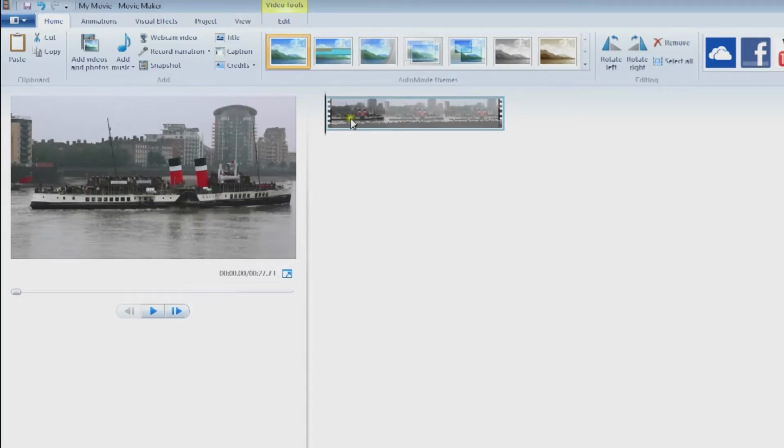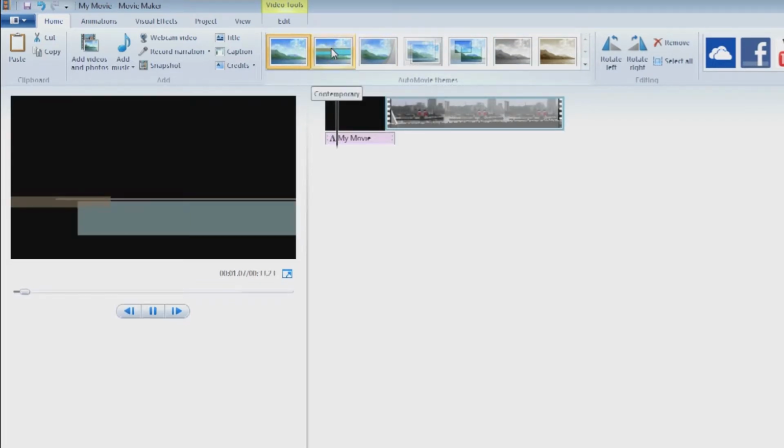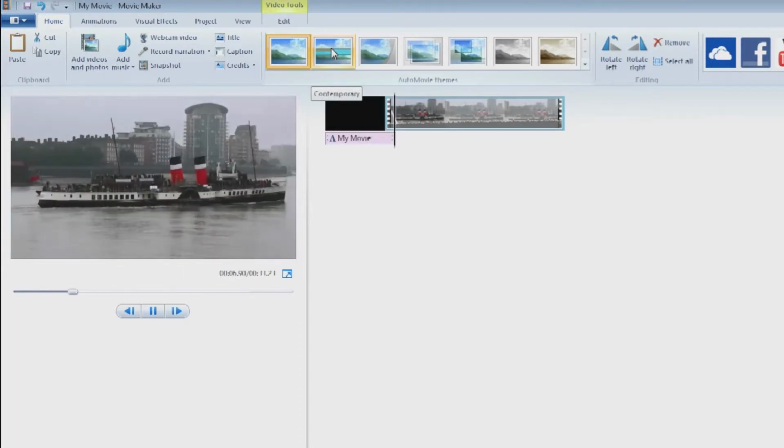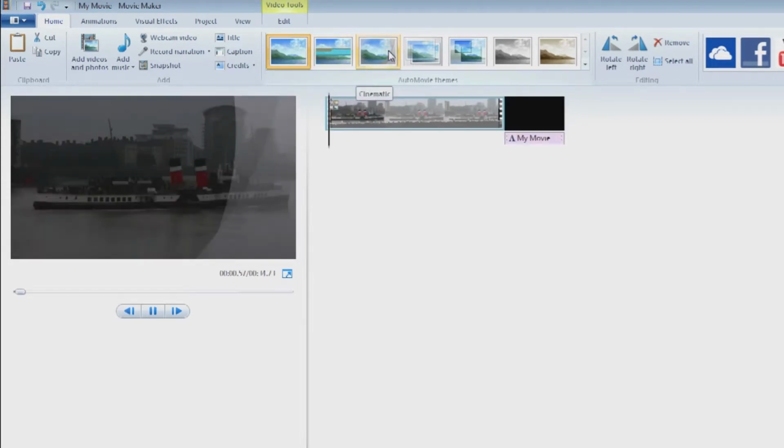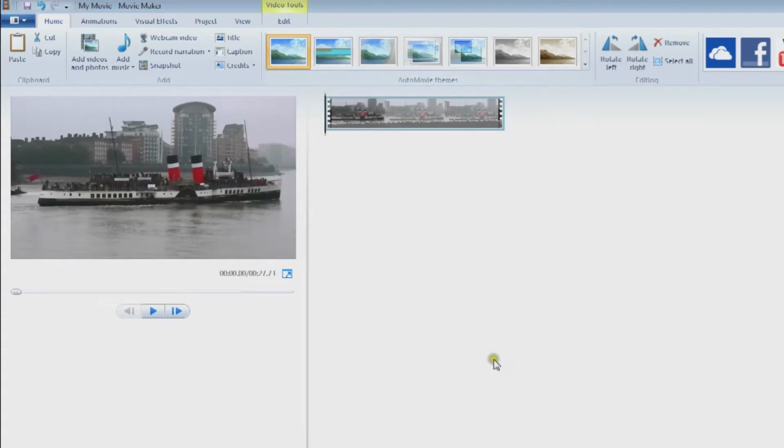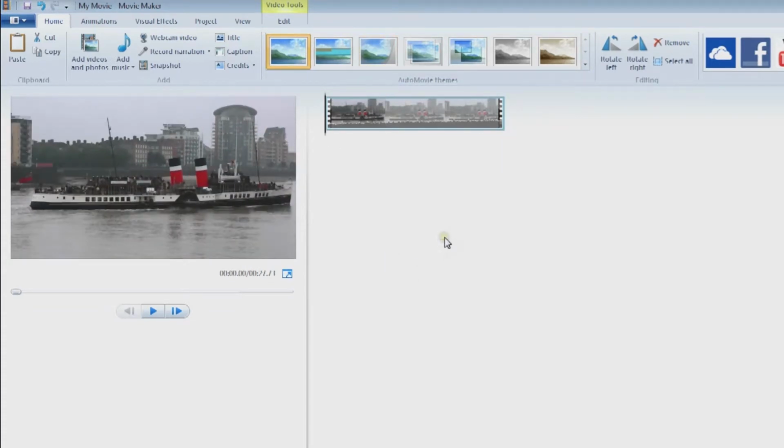So what we would like to do now, what I'm going to introduce to you, is this part which gives you different options. This option is going to give us a different type of title. So it opens up like that, fades in and fades out, or maybe like this. Or for credits, maybe